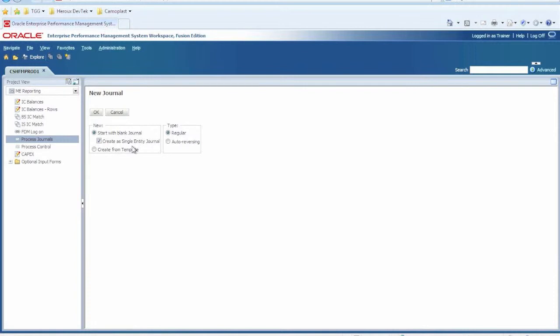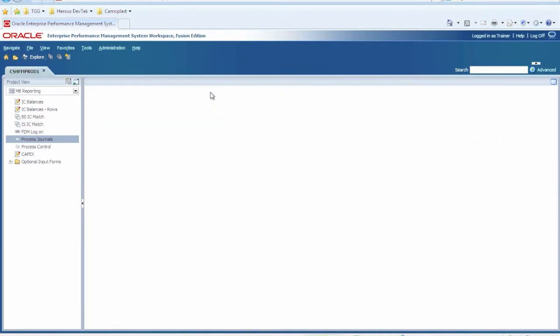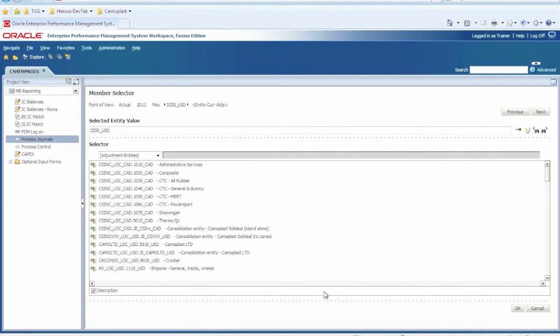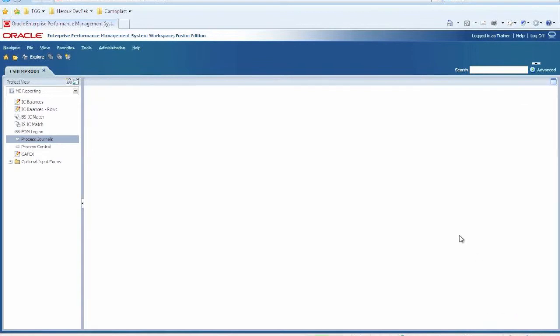This Create a Single Entity Journal option allows you to have multiple entities within the same journal. For now, we're just going to do a single entity journal. We click OK, and you can see that our point of view is retained, but we cannot change it now. We select the entity to which we want to create the journal, and you can go through this list and select which entity you need to make a journal entry to. Click OK,